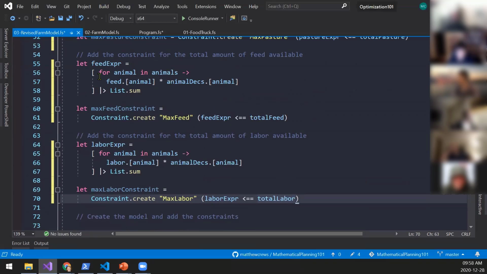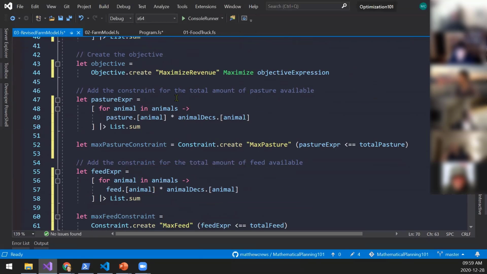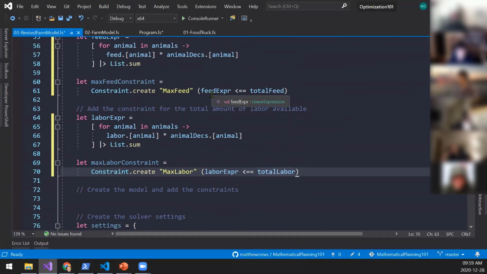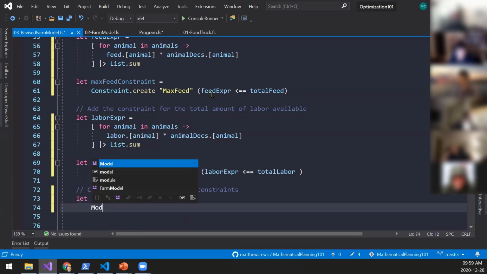Fantastic. Now, the nice thing is that as we add animals to the input, to the parameters, we wouldn't have to change our model. We wouldn't have to do any kind of refactoring. And so for me, that's often the goal when putting together models, creating in such a way that it's just going to flex automatically with the size of the input and the dimensions. So let model equal model.create